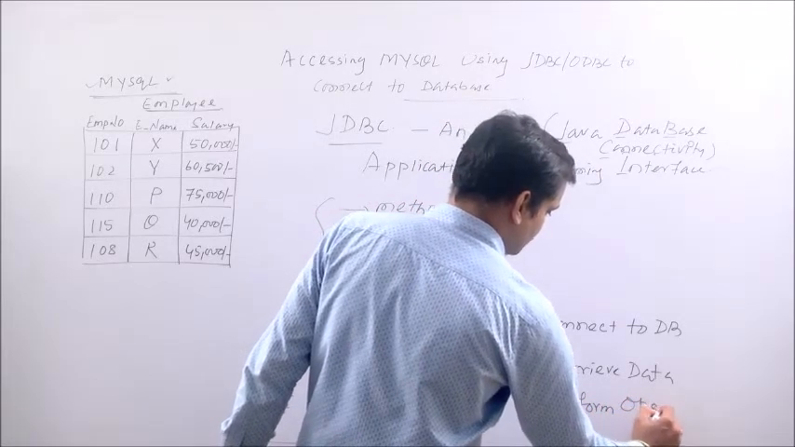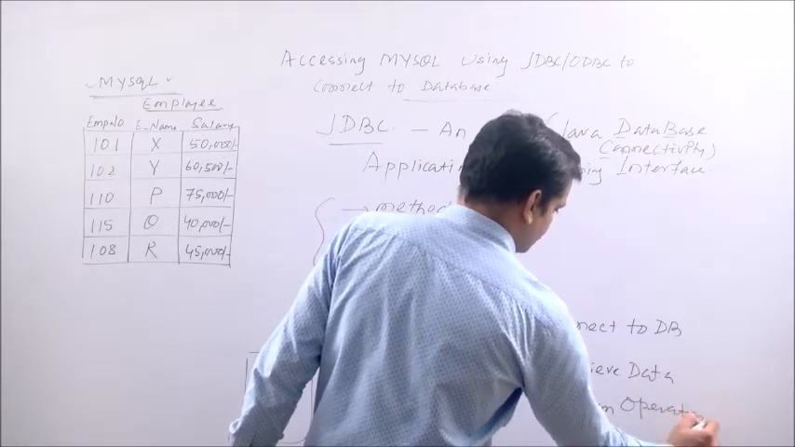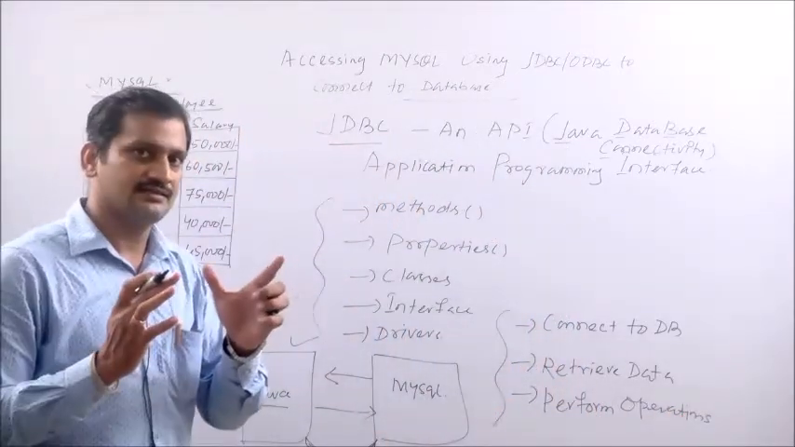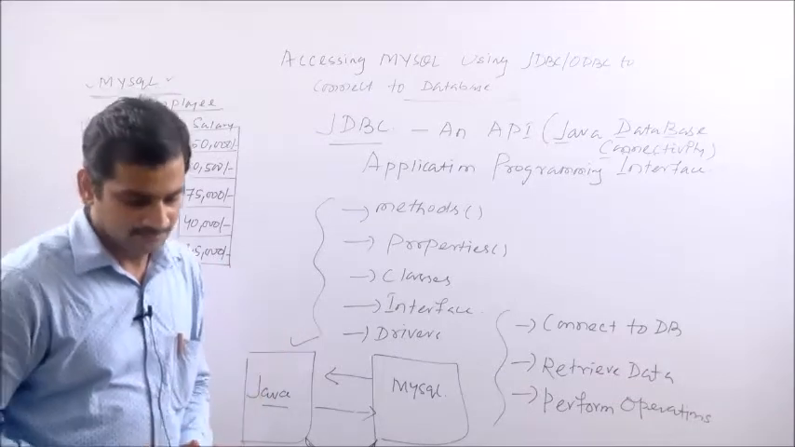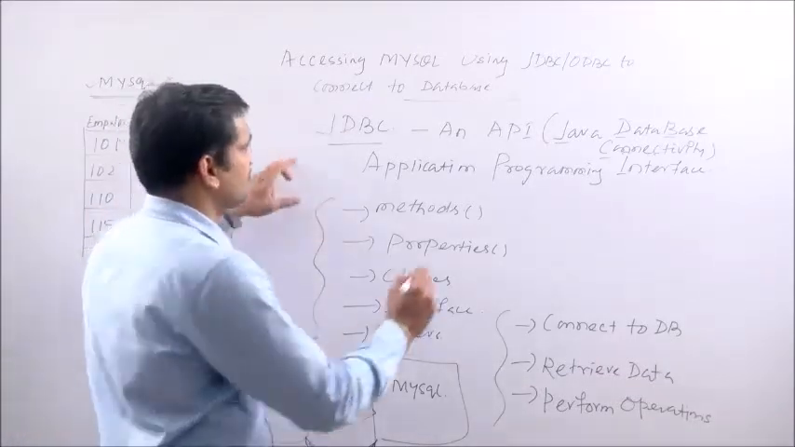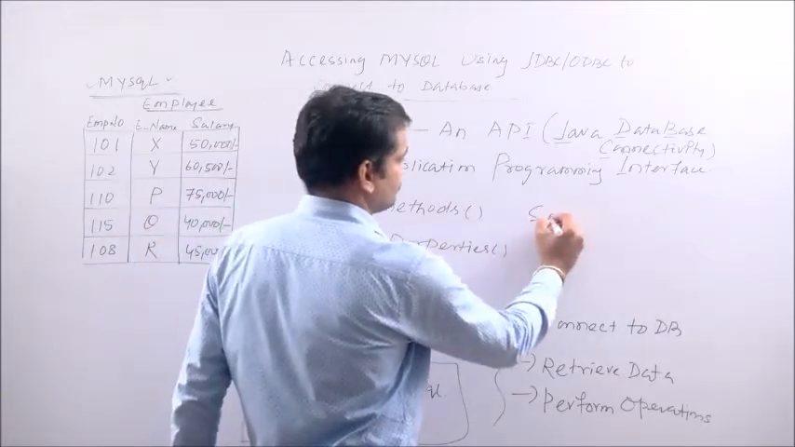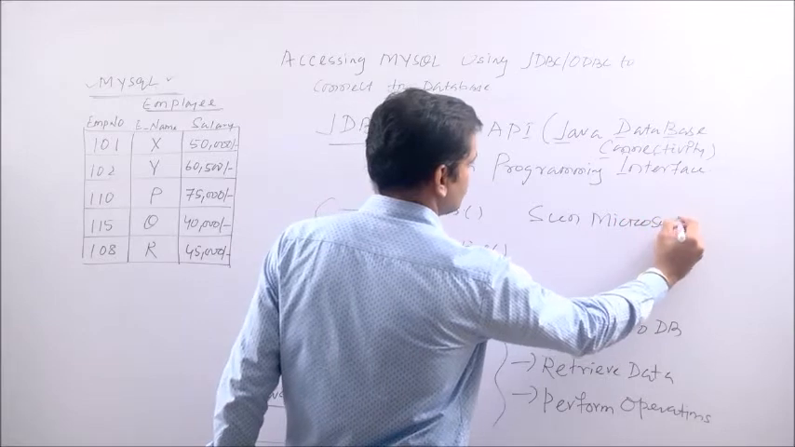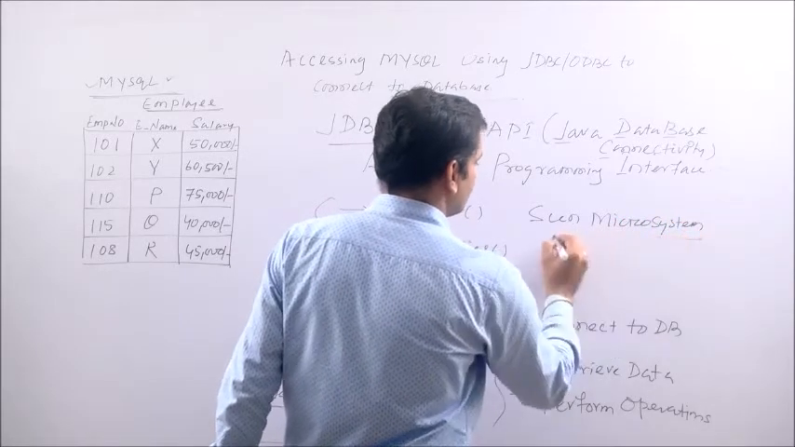So, to make all these things possible, the JDBC API has a role. And the JDBC API is provided by Sun Microsystems. As we know that Java is provided by Sun Microsystems, so this API is also provided by Sun Microsystems, and